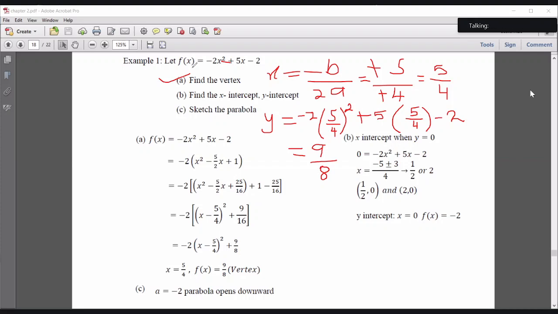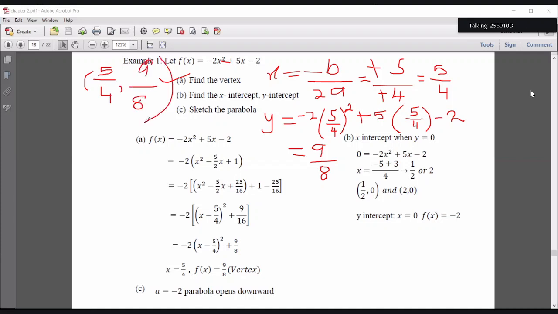10D. Yes, madam. What's your name? Nandini. Okay, tell me, how do we find the x-intercept? How do you find the x-intercept? We found the vertex, now 5 over 4, 9 over 8. How do we find the